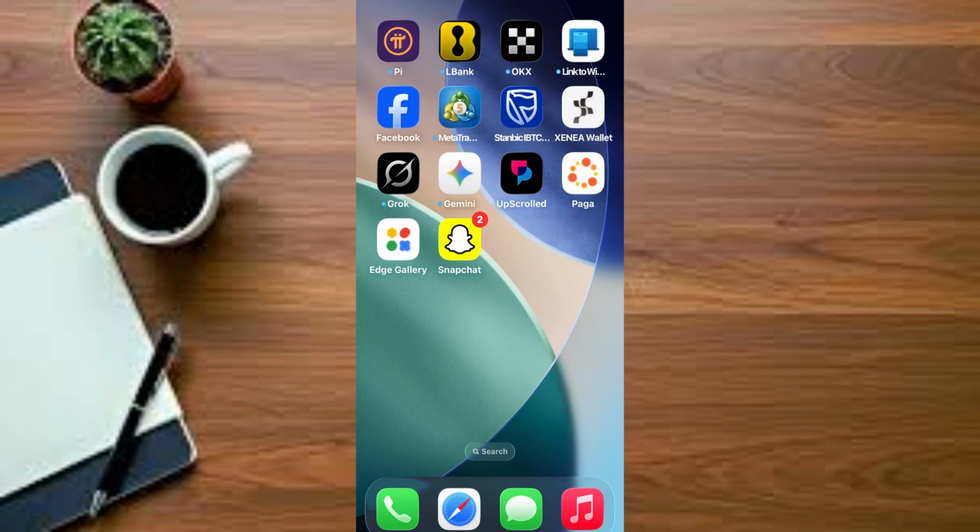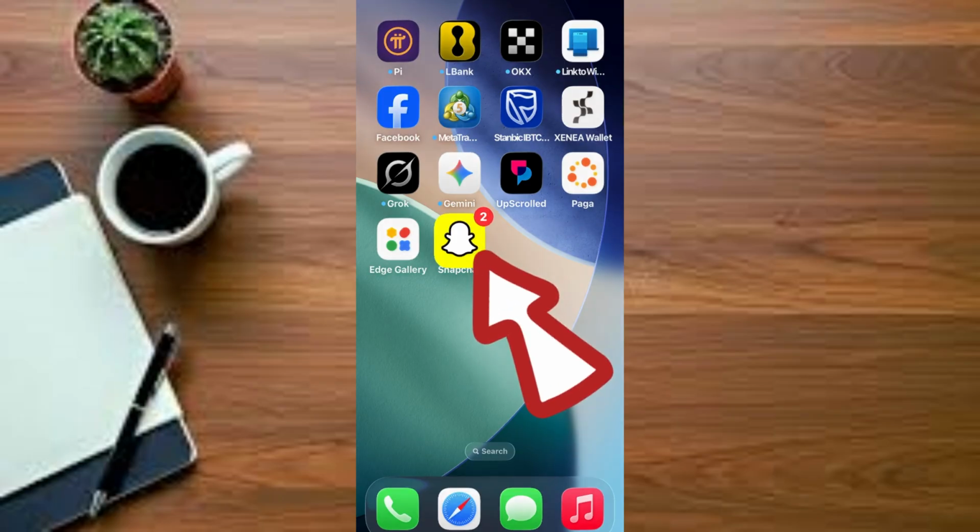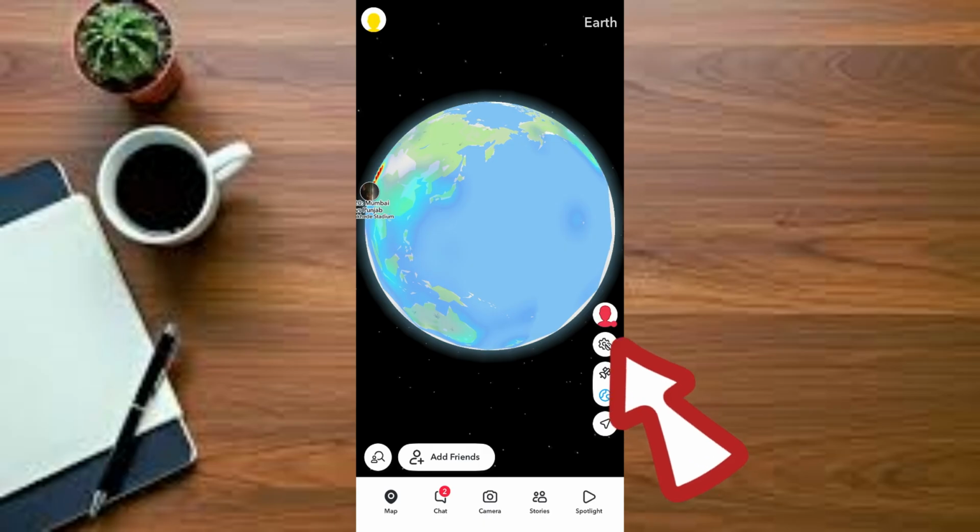How to allow Snapchat to access your location on iPhone. There are various ways you can do this on your iPhone, so I'll guide you through some of the processes in this video. Tap on the Snapchat icon, then tap on your profile picture at the base of the screen